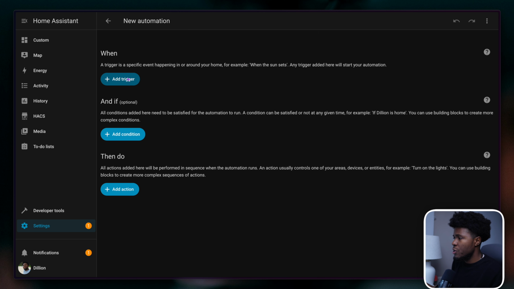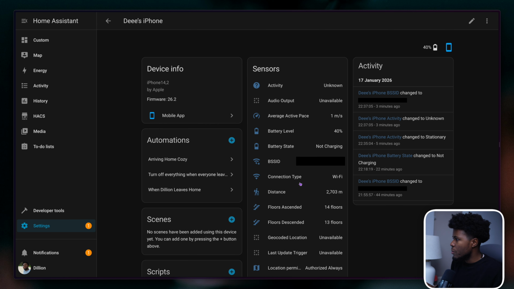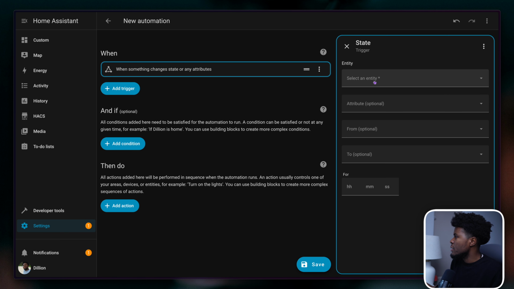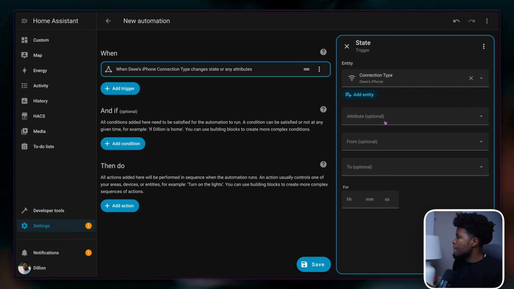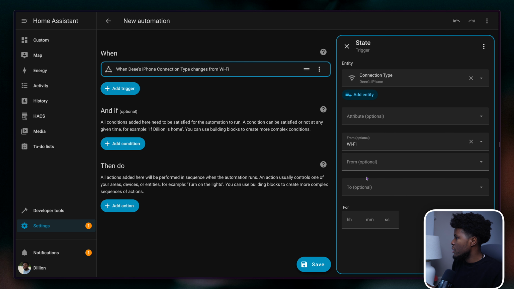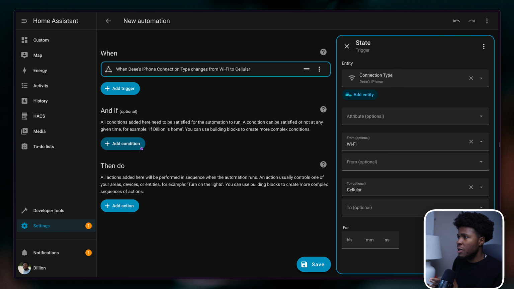I'm going to create new automation. We're going to add a trigger. I'm going to search for an entity. I'm going to go back here. I want to check connection type, which switches between Wi-Fi to cellular. We want to check an entity which is connection type for this iPhone exactly. When this goes from Wi-Fi at the custom state and it goes to cellular, then we trigger some actions, and